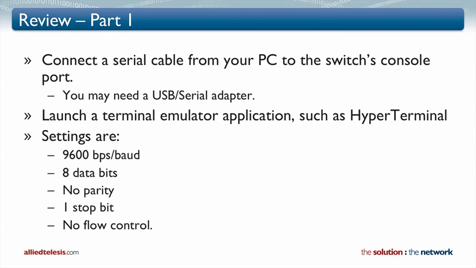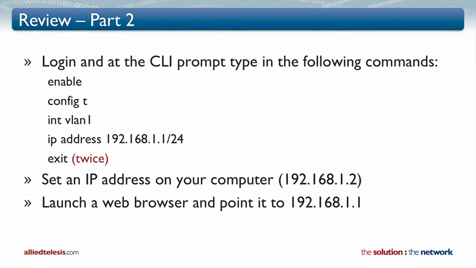First, we connected a serial cable from the PC to the switch's console port. You may need to use a USB to serial adapter. Then, we launched a terminal emulator application such as Hyperterminal. The settings we used were 9600 bits per second or baud, 8 data bits, no parity, 1 stop bit, and no flow control. This prompted us for a login. We typed in manager and friend, the default username and password, and then the commands you see on the screen,